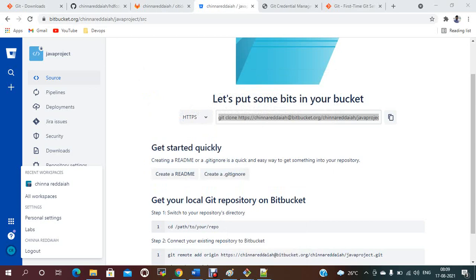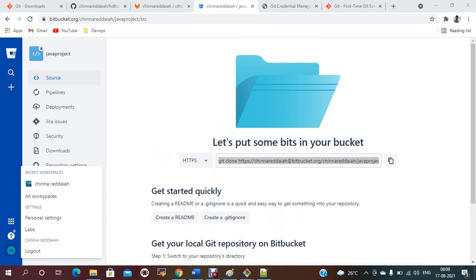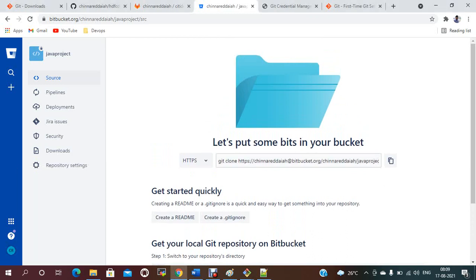Actually, my password is wrong. That's why I'm unable to clone. So I will show you in the next video how to clone this. I will set up the username and password so that we can push the code or clone the code from Bitbucket also.